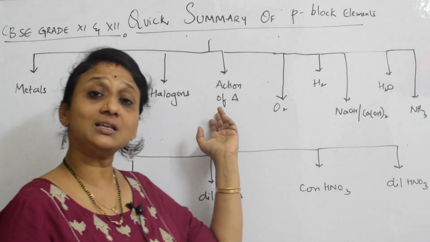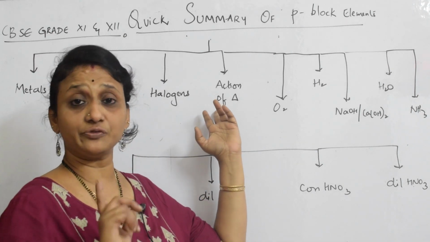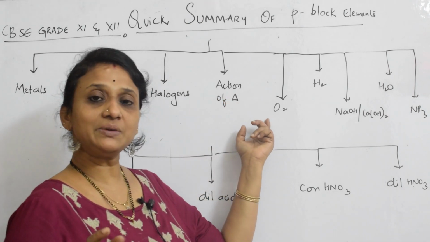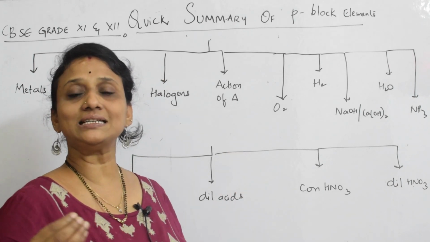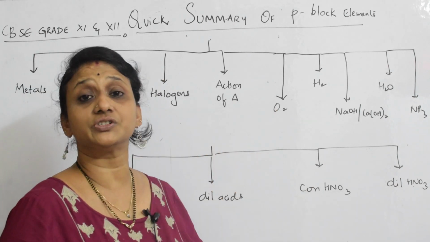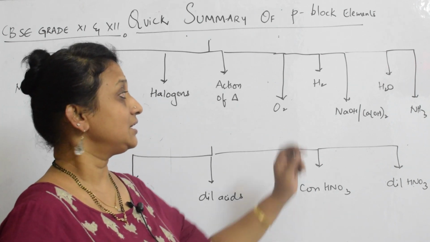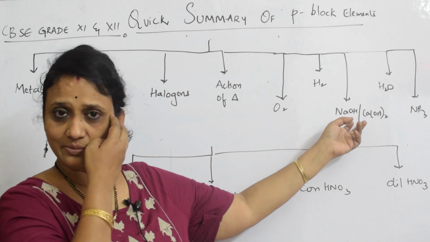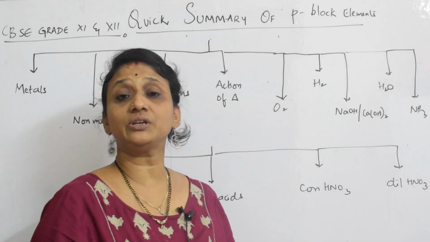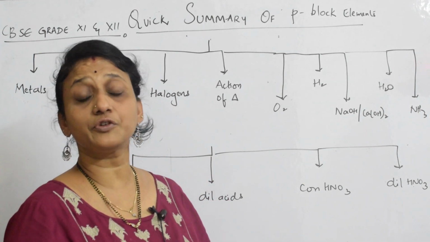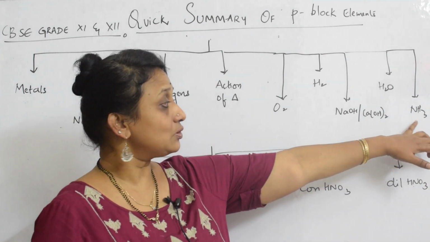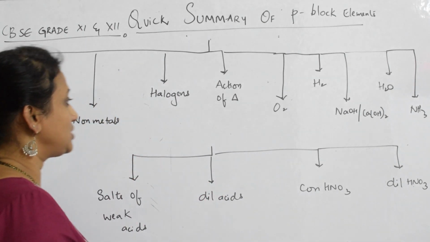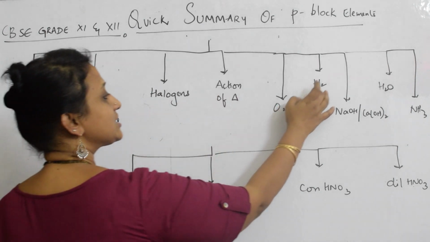After that, I'll show the action of heat reactions. I did one video on action of heat also; please watch that, I'll be redoing it in a different way. Next, I'll take all these elements from group 13 till group 17 and see how they react with oxygen and the products formed. After that, we'll see the reactions with hydrogen, with sodium hydroxide base and calcium hydroxide. I'll also show how they react with water. Reactions with water are very important for your board examinations. And I'll also show how these elements react with ammonia. So let us count: 1, 2, 3, 4, 5, 6, 7, 8, 9.